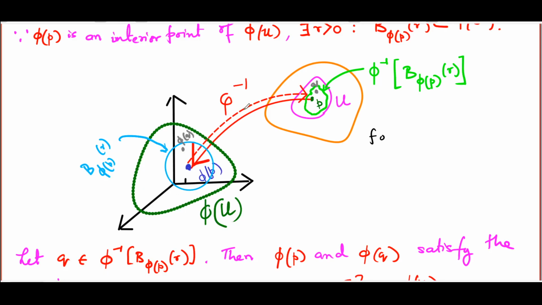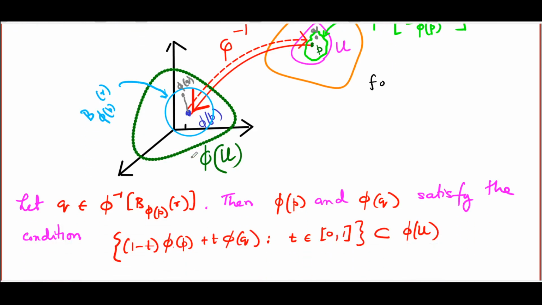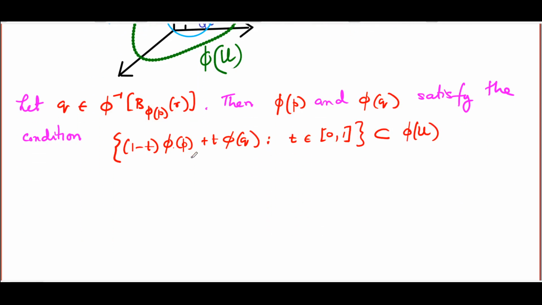And therefore, it's easy to see that both phi P and phi Q and the entire line joining phi P and phi Q are actually inside the ball. That's a standard geometric property of any ball. And because the ball is contained entirely inside phi of U, the line joining phi P and phi Q, as well as the points phi P and phi Q, must be contained inside our domain phi of U of the proxy function. So we have all the conditions ready for applying the mean value theorem. Now that we have the conditions ready,